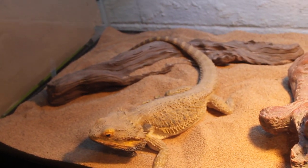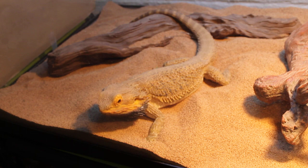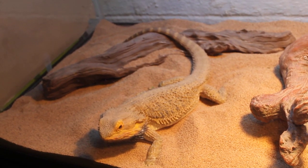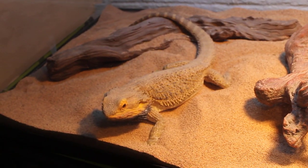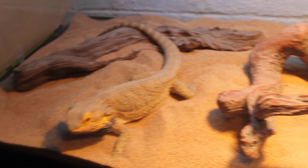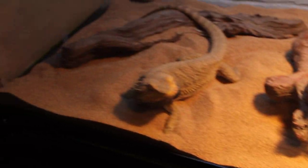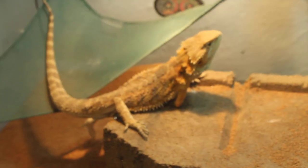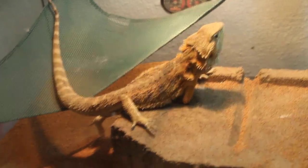I really don't see him getting impacted. Anyways, as long as the temperatures are alright and they're well hydrated, then they should be fine. And I feed them out of a dish anyway. So yeah, there's Eli. And this is ground walnut, by the way, not actual sand. There's Steven, and Steven and Beans,